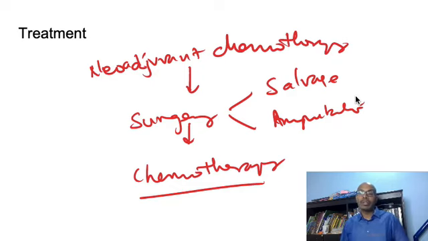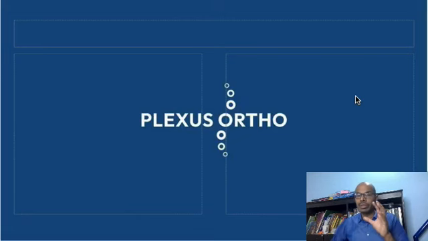So which is the most common primary malignant tumor of the bone? It is osteosarcoma. Which is the most common benign bone tumor? It is osteochondroma or exostosis. Which is the most common tumor of the bone? It is metastasis. So these are the things that you must know, most common things in bone tumors, and this is very commonly asked. So that was in brief about most common tumors in the bone and a little bit about osteosarcoma. We will go into a little more detail in other videos.